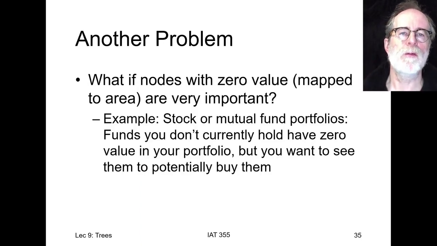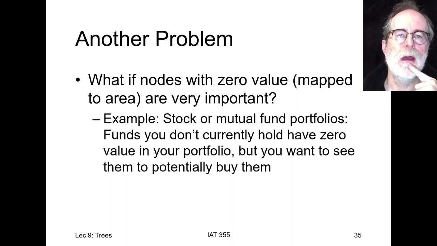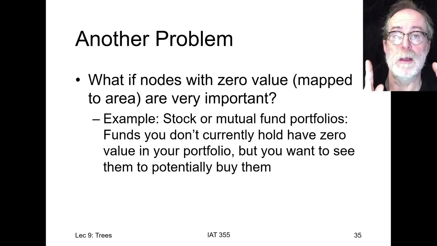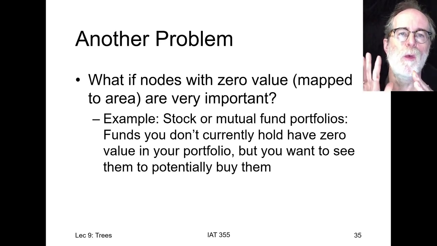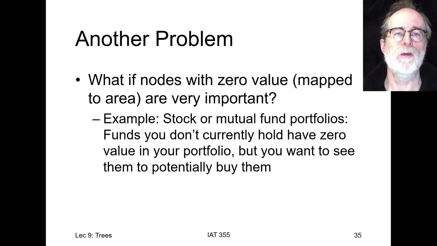But that thing said portfolio visualization, and that's getting at another issue. Clearly, the concept of a tree map is bigger values mean bigger rectangles. And so therefore, logically, if the value is 0, the rectangle size is 0. Perfectly sensible, but there's a drawback. What happens if 0 is actually important? So what I'm going to do now is show a video after talking about it for a sec,